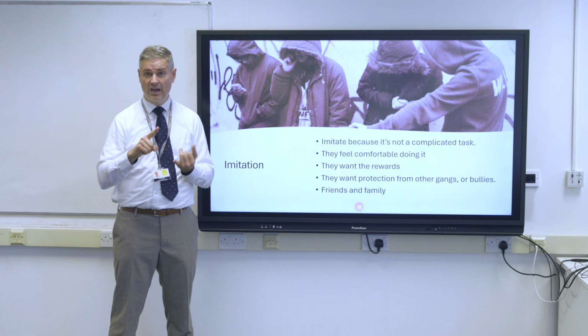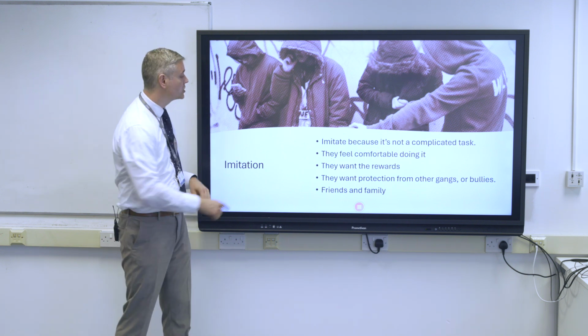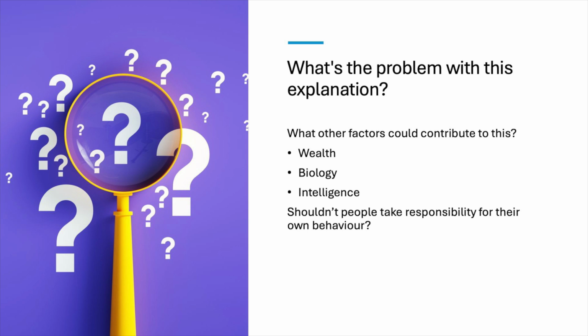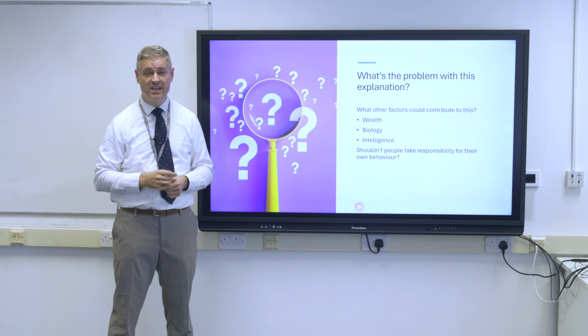So what we've done so far is we've looked at the theory, we've applied the theory to gang crime, and the last bit is we're just going to look at evaluating it. Some of the aspects that we've covered might not be covered in this. We did mention a little bit about background. But wealth or poverty is one of the big problems in terms of people that get caught up in gang crime. And this doesn't necessarily take that into account or look at it in any great detail.